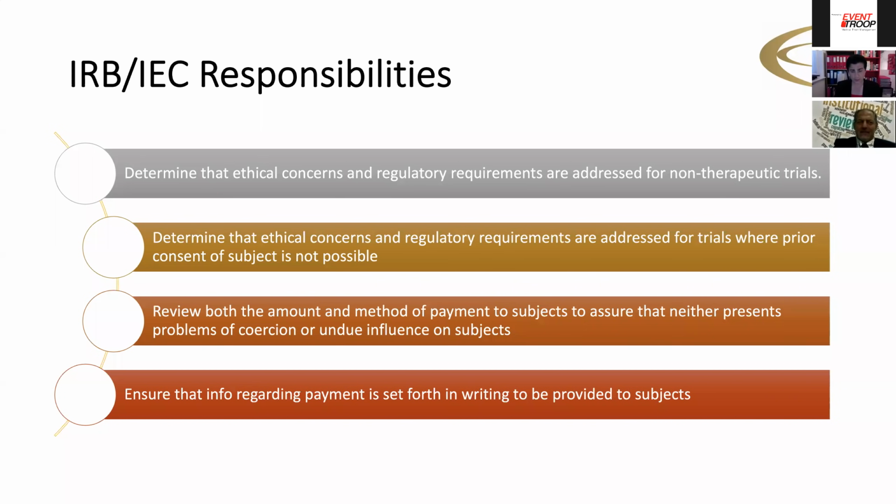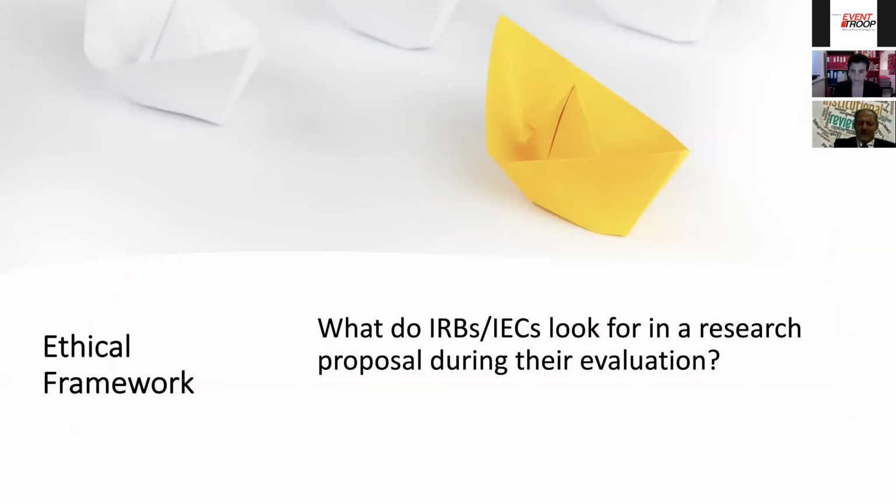So as they're seeing your research coming in, they have to look at all of these aspects. Having said that, they've got some responsibilities. You put a proposal on the desk, so the committee gets a proposal. When they look at this proposal, what are they looking at? I'm just going to explain this to you a little bit now. As researchers, when you're developing your research and doing your protocols, I want you to think about this, because this is what the ethics committees want to know. Why do they want to know this? Because this will ensure that we have good ethical research and we're doing good research.